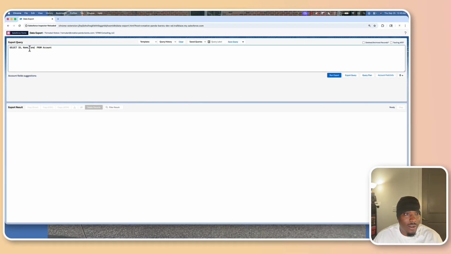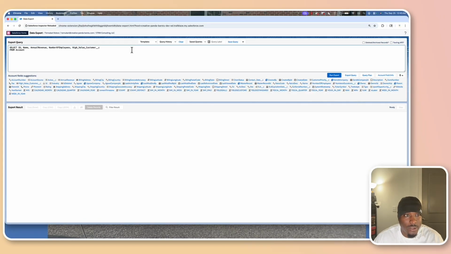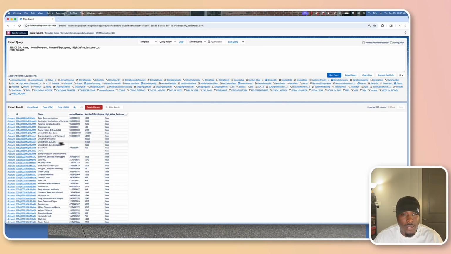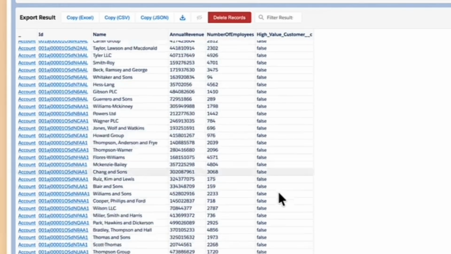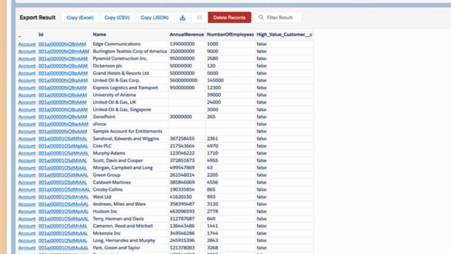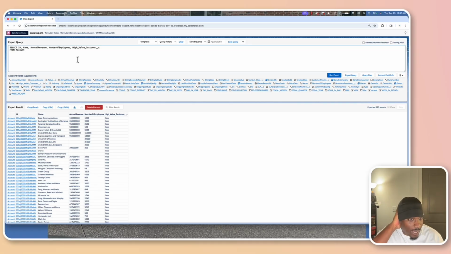We have annual revenue, which is key. And then we also have number of employees, right? And then we also have high value customer, right? As one of our things. So that is our structure. So we can run it, and this is our initial query. So you can see how we could pull the data, and we can actually see the data here, which is pretty cool. But if we dive into our business requirements, we had a requirement that we wanted to see only